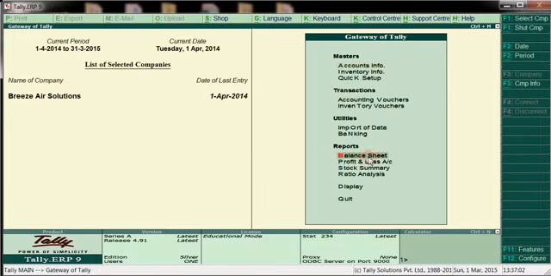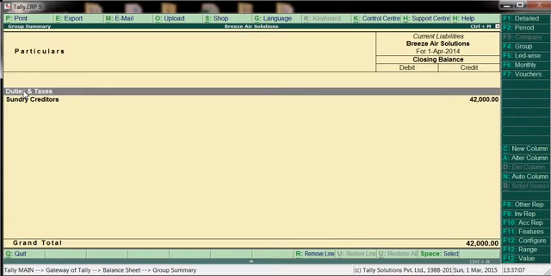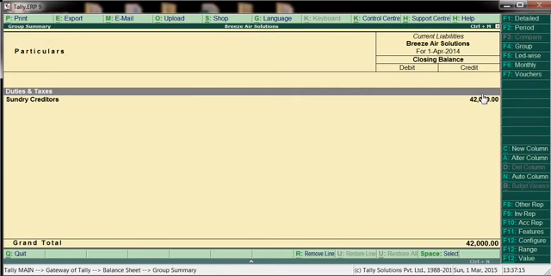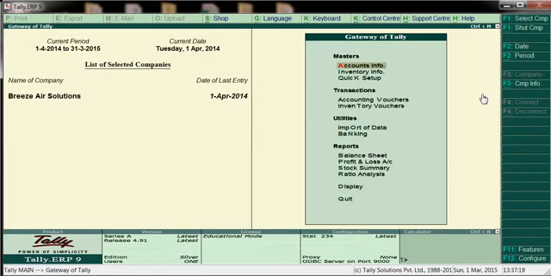Go to balance sheet and go to current liabilities. Here if you see duties and taxes, there is no value, nothing is there, we paid. So like that we have to create ledgers and input VAT tax ledgers, and we have to adjust output and input tax every month end.